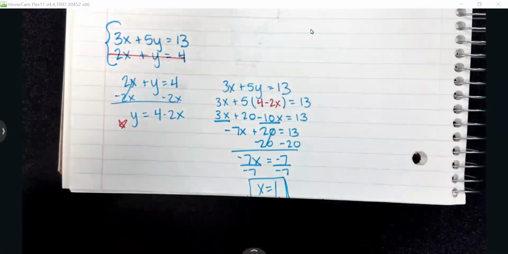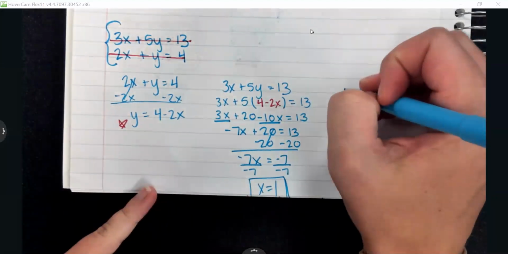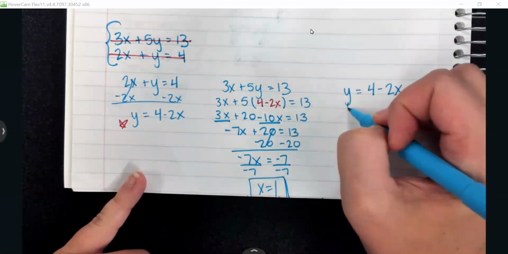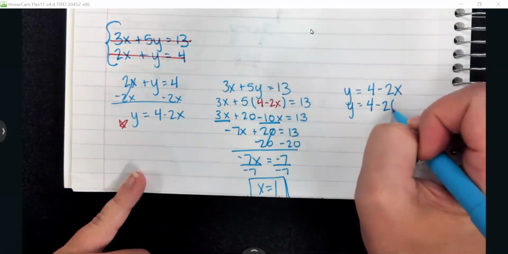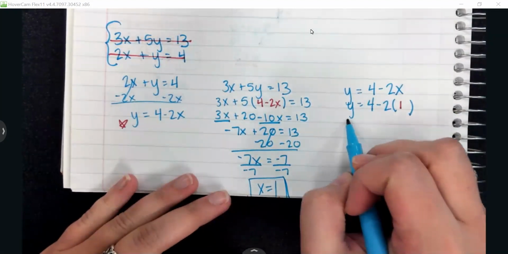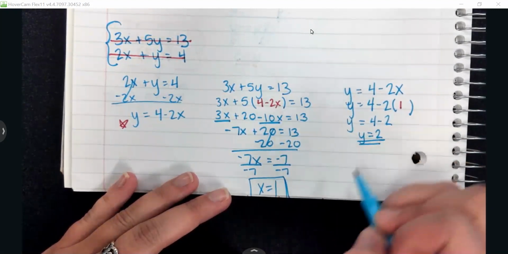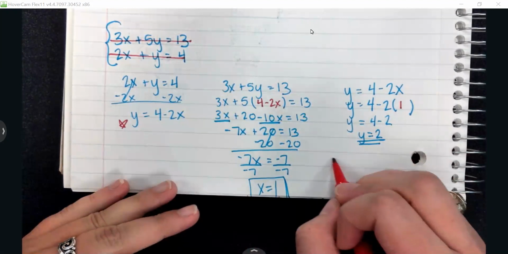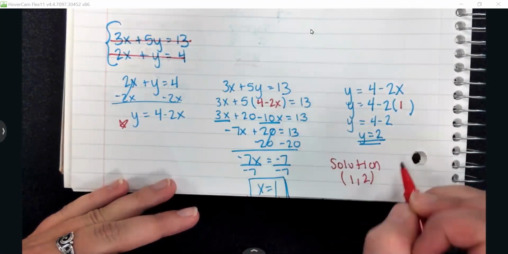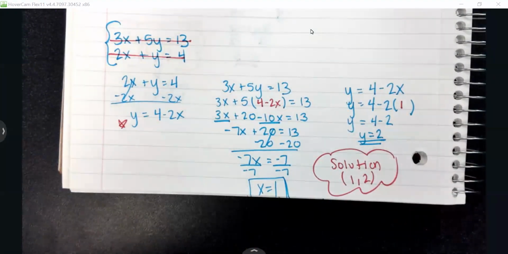And then once again, I cross out an equation, and the last one I use is my star equation. If you do not get what I have on my screen,